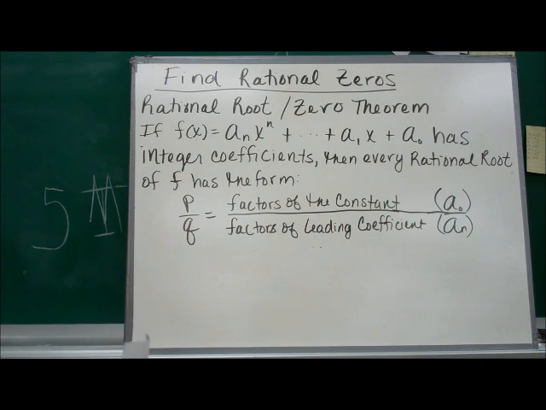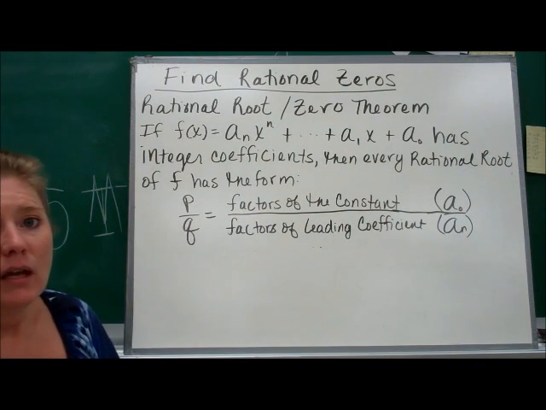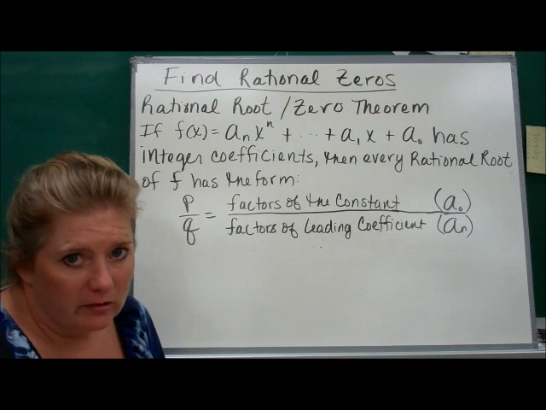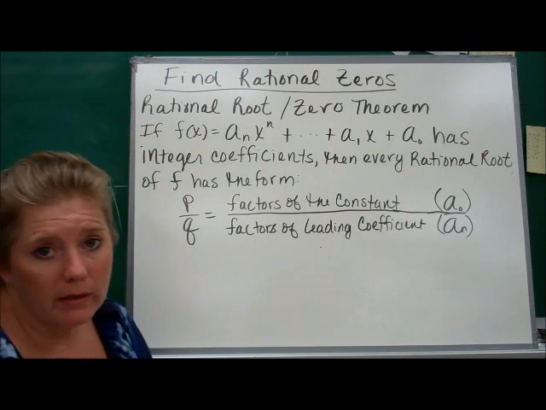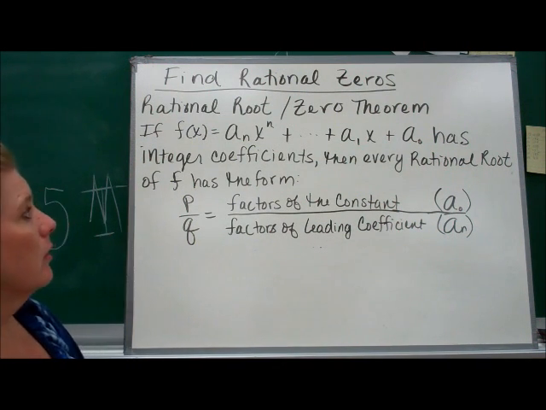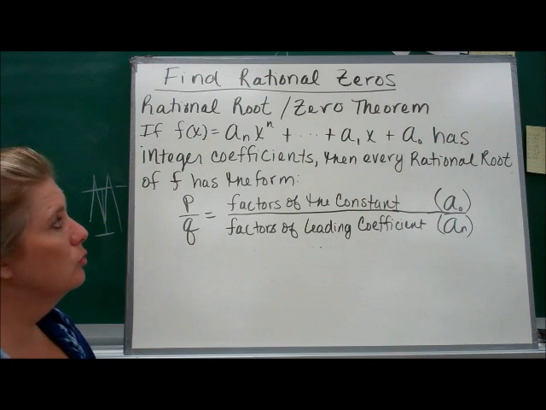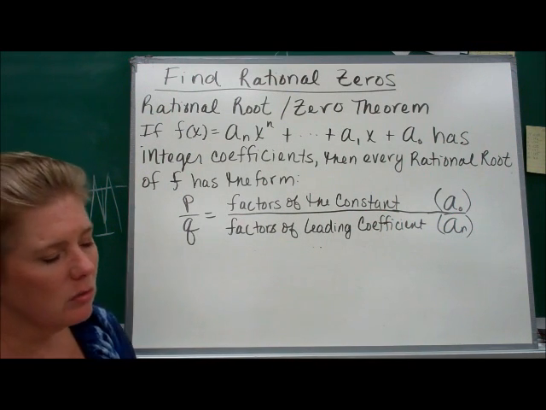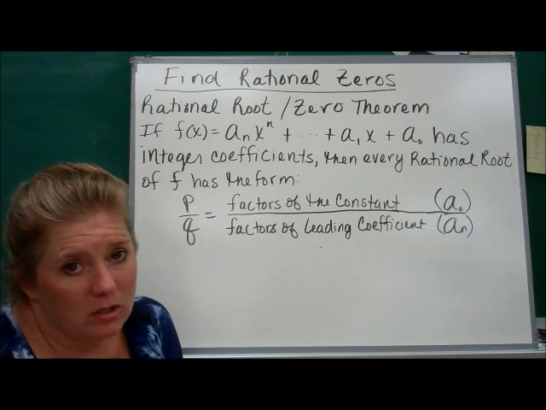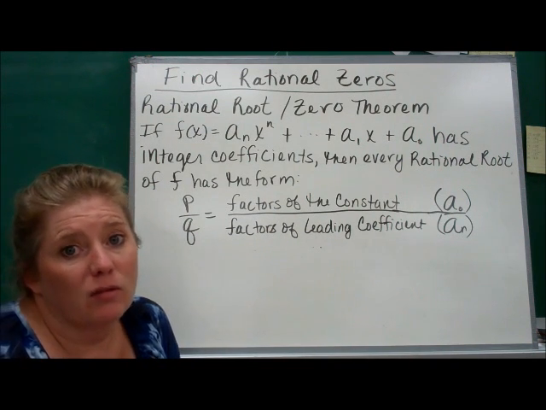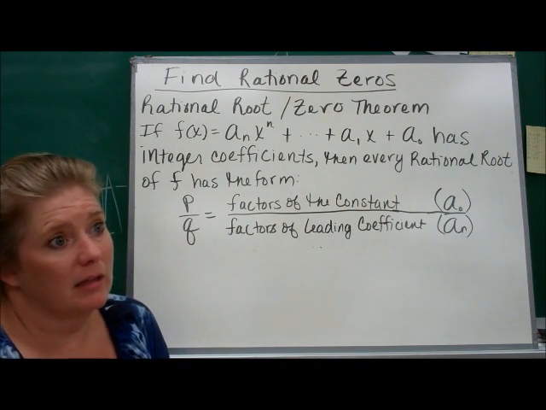About finding rational zeros. Okay, what if it can't be factored by grouping or any other method? Well, there is the rational root theorem. Your book calls it the rational zero theorem. I like the rational root theorem because it's got the